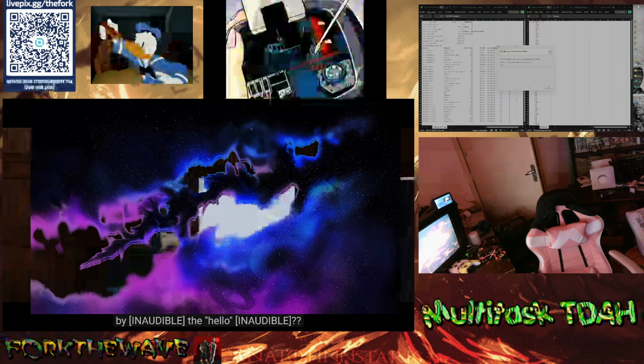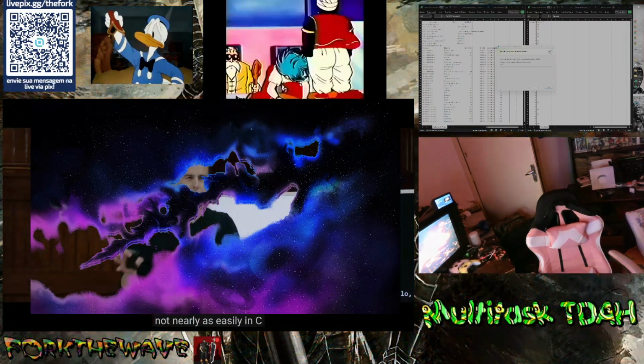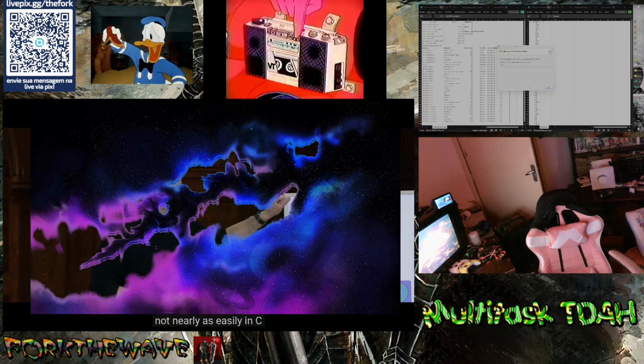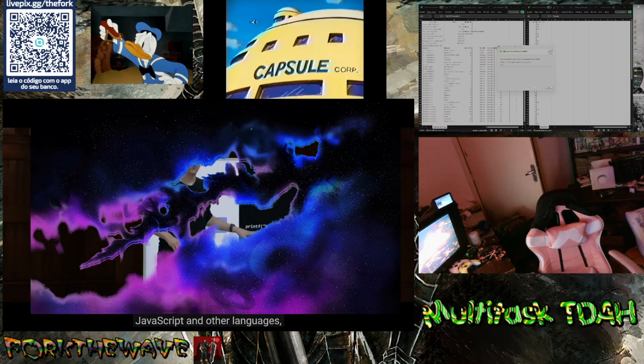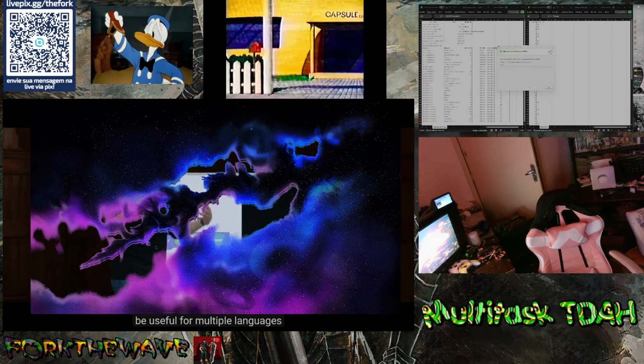Okay, so can you extract away the format string itself? Hello, comma, answer? Short answer is yes, but not nearly as easily in C as you can in other languages. So that's why we're keeping it simple for now. But you're going to love something like Python and JavaScript, where a lot of this complexity goes away. But you'll see also in Python and JavaScript and other languages, they still are inspired by syntax like this, so understanding it now will be useful for multiple languages down the line.